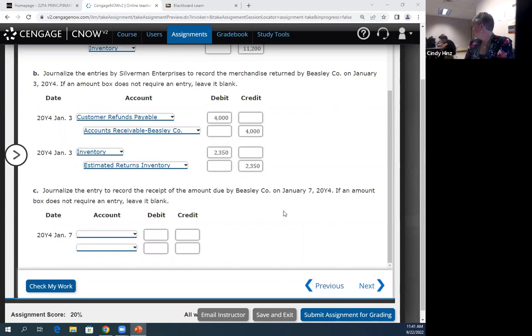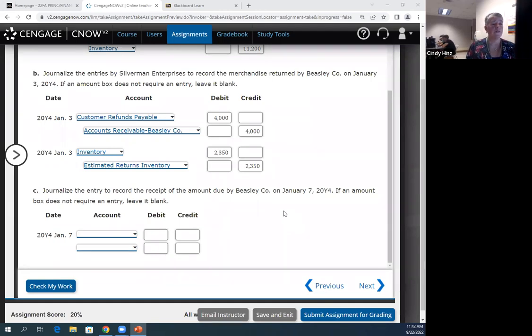Questions about where we are so far? Again, it's a little bit more complicated because we don't see those adjusting entries, and we haven't in chapter 3, when we looked at a bunch of different types of adjusting entries, this is not one we had seen before. But certainly it happens when you are selling merchandise to customers that some of them might decide they want to return it for any number of reasons.